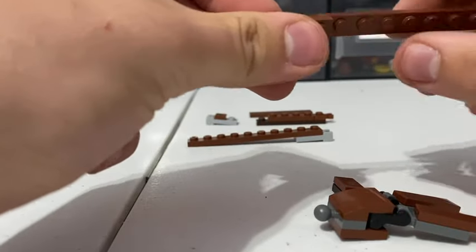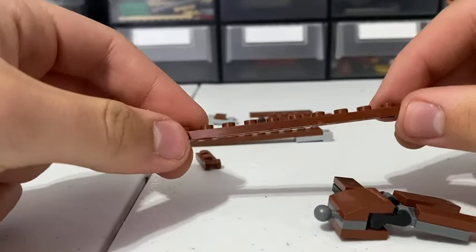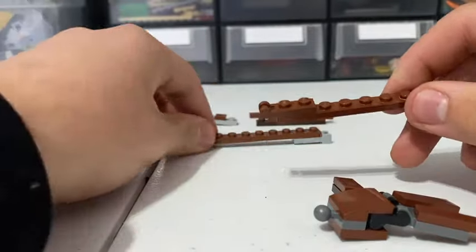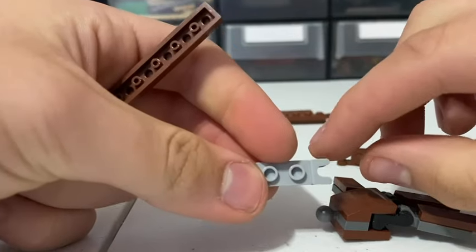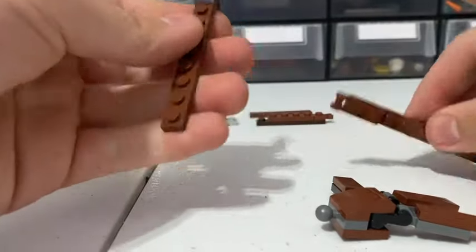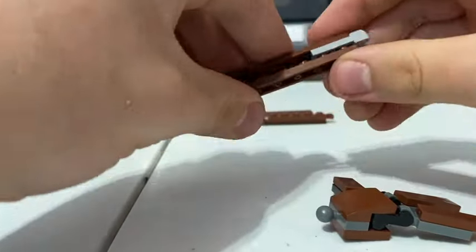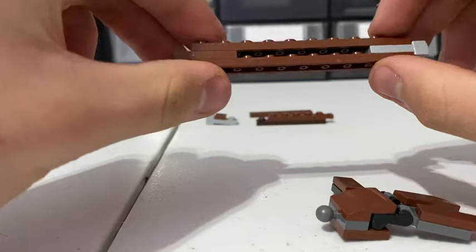For the upper arm, you're going to be taking a 10x1 brown plate. Take these 1x2 brown hinge pieces, put it on there. You're going to be taking one of these long hinge connector pieces. See? I'm going to be putting it on there. Well, actually, in this case, like that. You're going to be taking these 2 halves and you're going to be putting it together like that. This represents the 2 bones